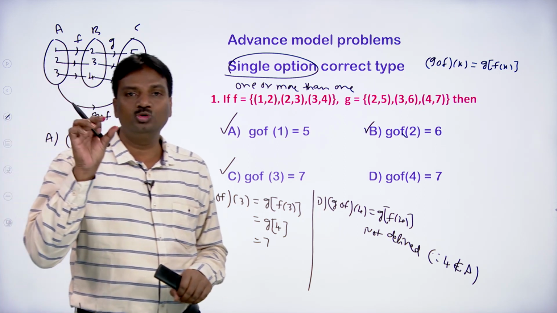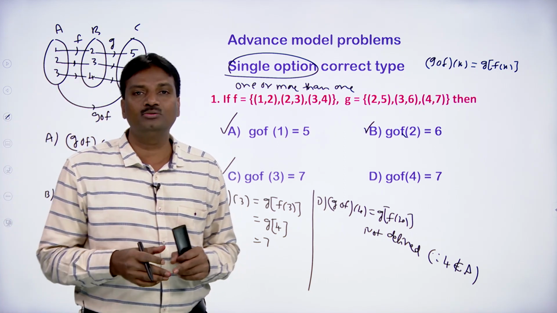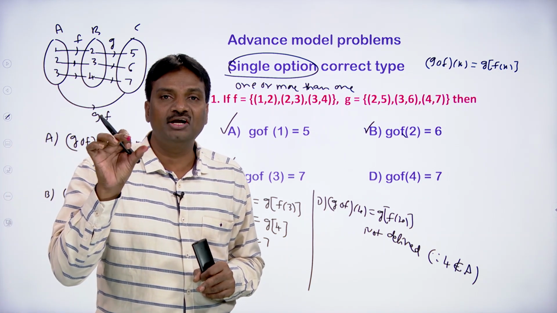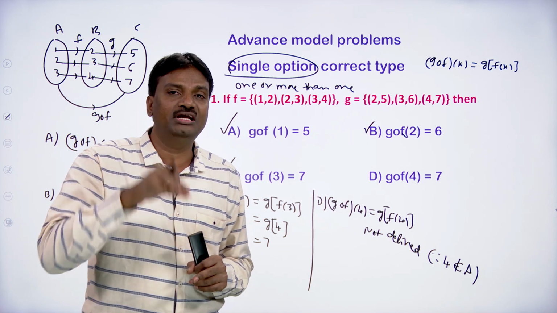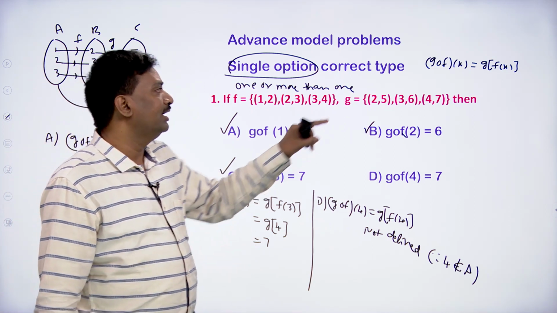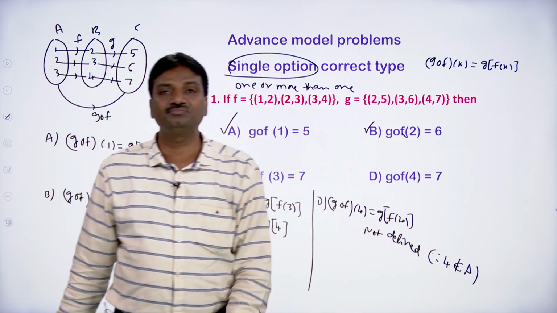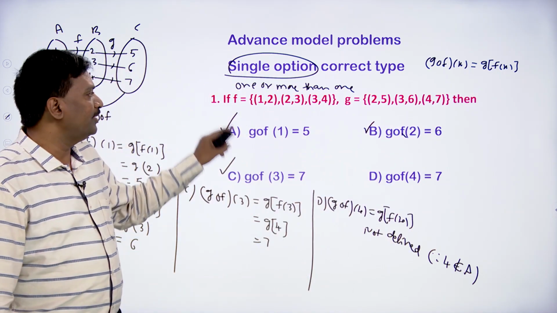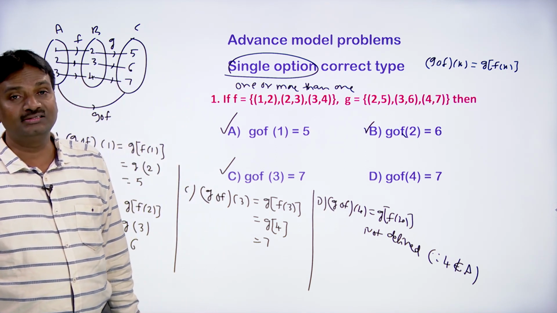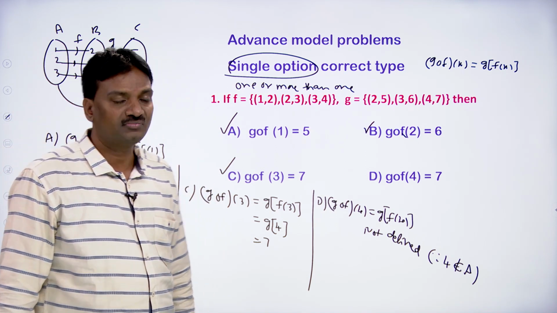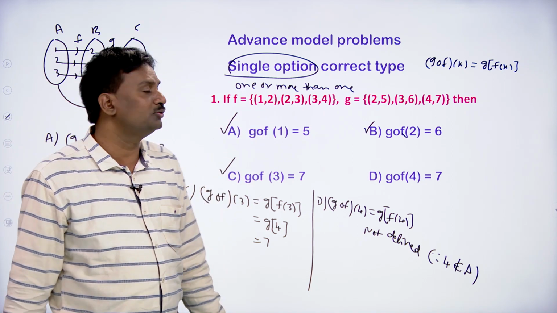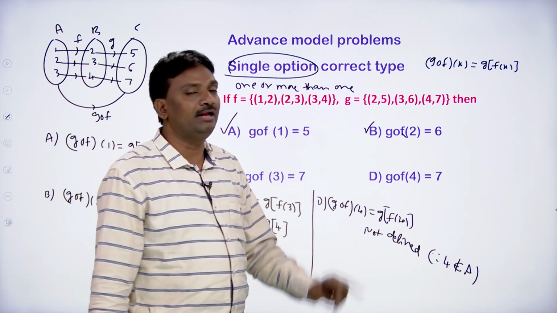So if f maps A to B and g maps B to C are two functions, then g circle f maps A to C and is the composite function of f and g, and we define g circle f of x equal to g of f of x. With respect to the given problem, two functions are there, f and g. So let us consider three sets A, B, C. In A, let us consider the elements 1, 2, 3. In B, let us consider the elements 2, 3, 4.